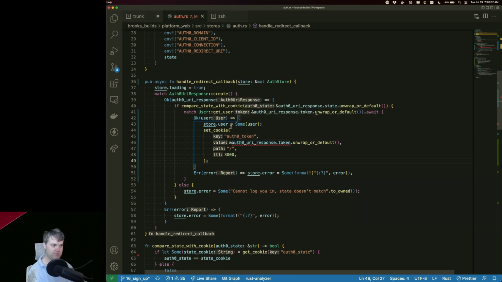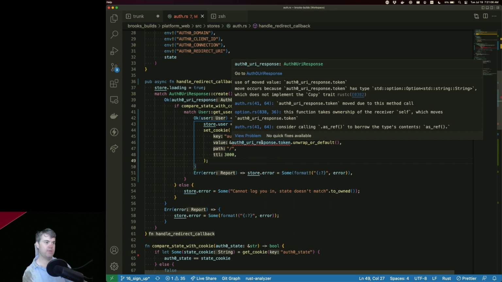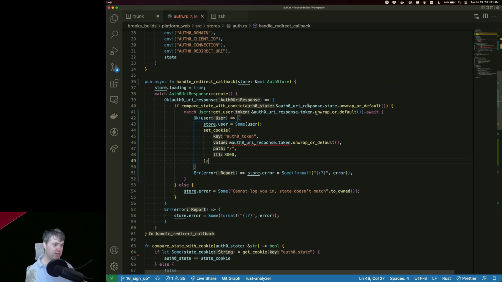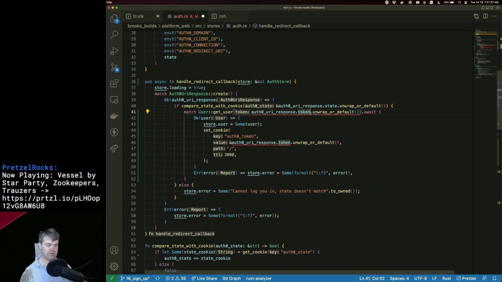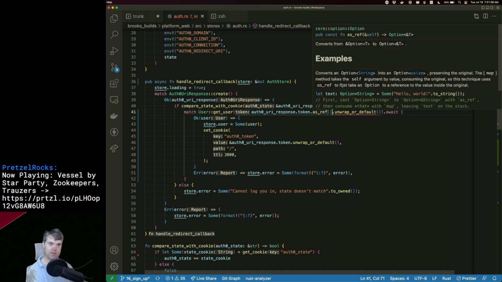Use of moved value. Let's see, moved value, which does not implement the copy trait. Oh, yeah. So here, this unwrap or default, I don't want to do this. I want to as ref, then unwrap or default. Now it'll give me, so that becomes okay.